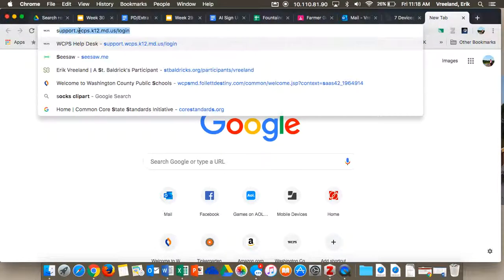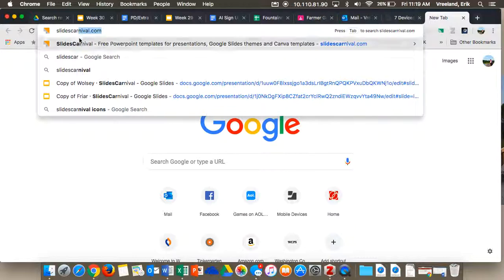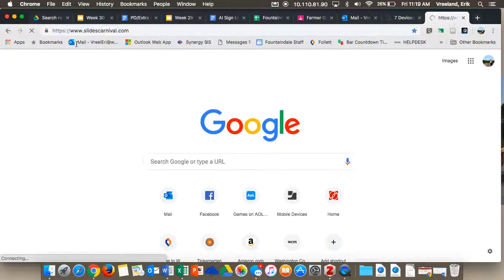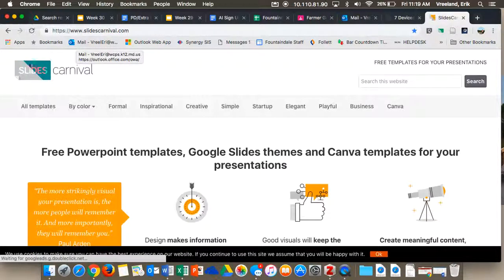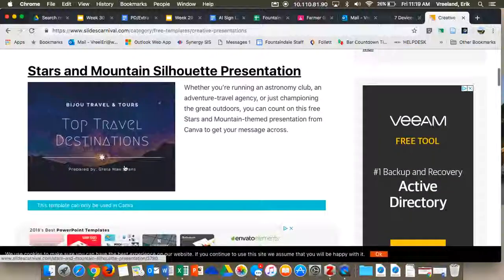these at a site called slidescarnival.com. So when you go to slidescarnival.com, it's going to have all sorts of different templates, and you can search for them up here by different categories. So when you look through and you find one that you like, you want to make sure that down here